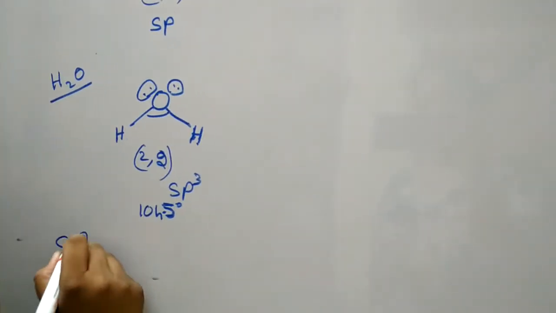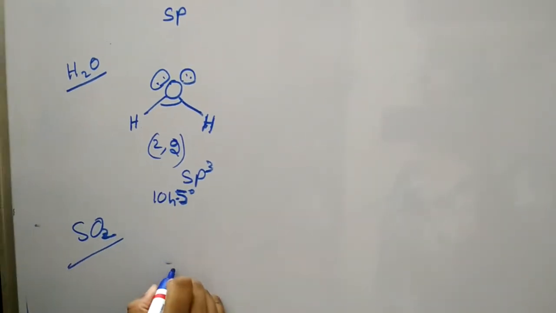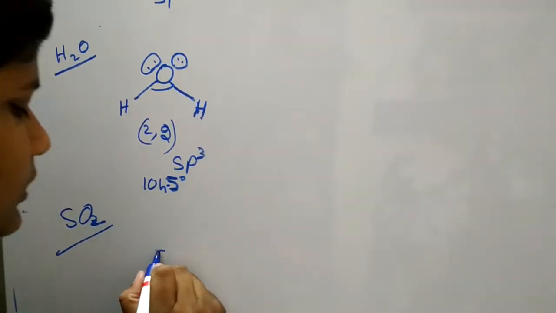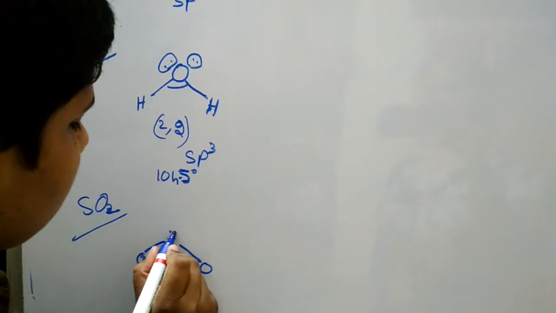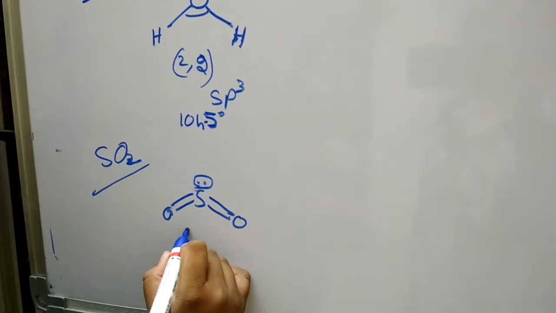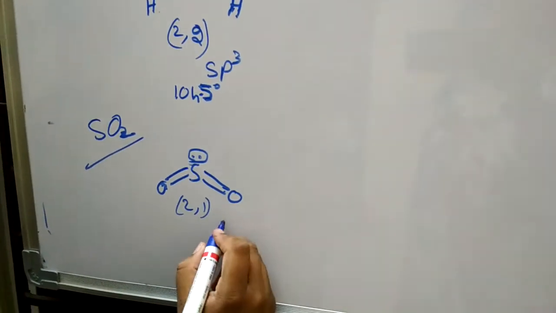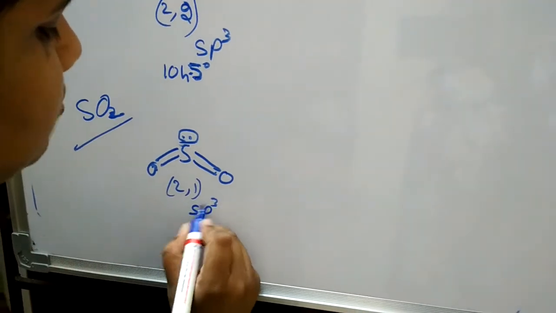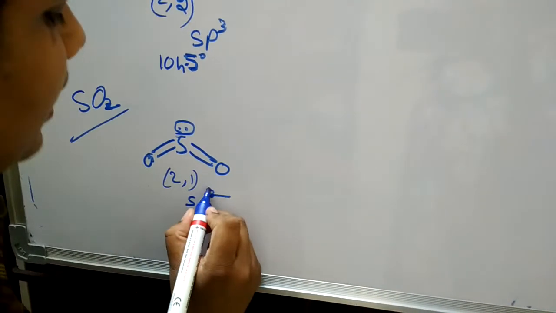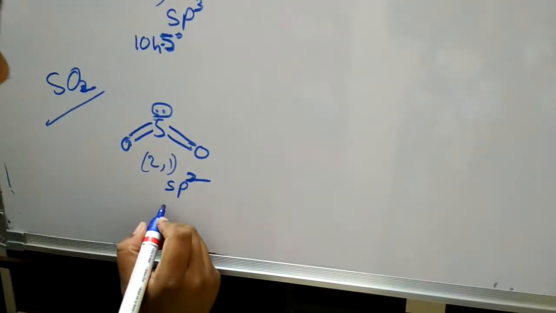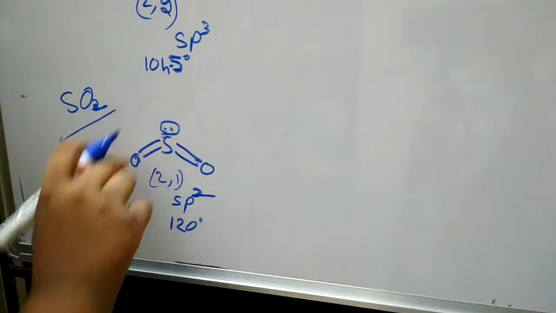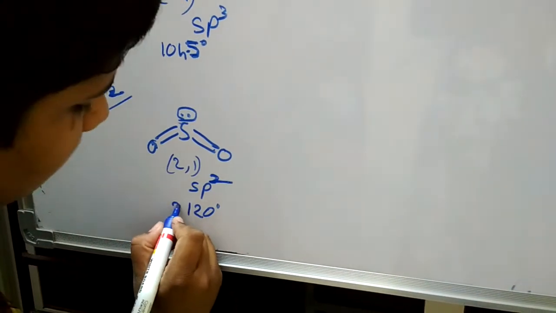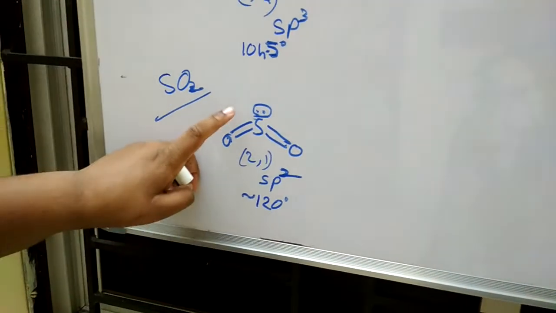Now, if you go to another compound, SO2 or sulfur dioxide, sulfur has 6 valence electrons in its outer shell. Out of these, 4 are utilized to form bonds with oxygen, leaving a lone pair. According to VSEPR theory, it has 2 bond pairs and 1 lone pair. That means this molecule has sp2 hybridization. Any molecule with sp2 hybridization should have a bond angle of 120 degrees. But it is not exactly 120 degrees, only approximately, since it has a lone pair on